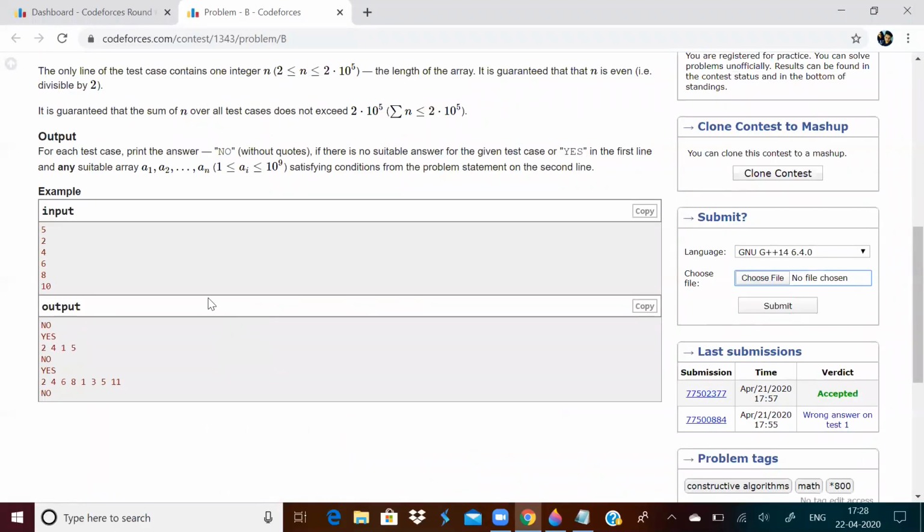So actually how I solved this problem was I just looked at the test cases. I took a good look. Now you look at the test case examples. If n value is 2, the answer is no. N value is 6, the answer is no. N value is 10, the answer is no. But if n value is 4, there is an answer. N value is 8, there is an answer. Actually, this follows a pattern.